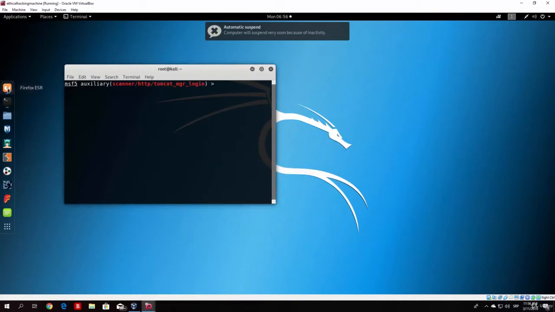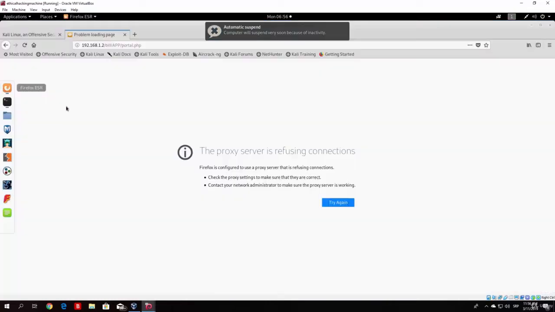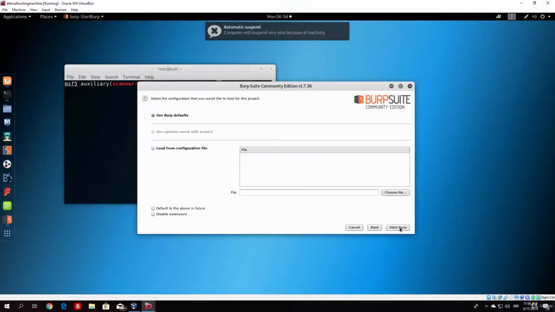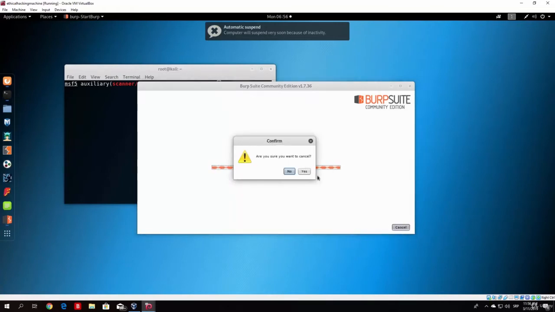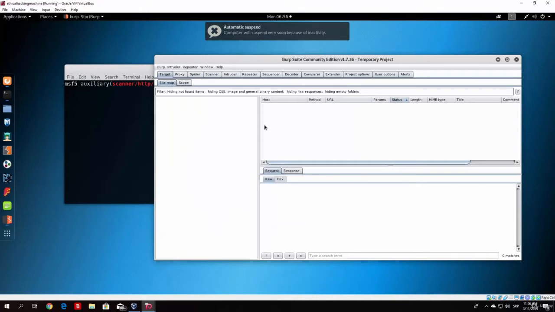And while this is opening, let us check out the page that we will be attacking. Oh yeah, I forgot, we need to wait for the burp suite to open. So click here next, then start. For us to start the burp suite, oops, we do not want to cancel, so click here no. And we wait for this to open, and then we will go to the page of the PHP code injection,